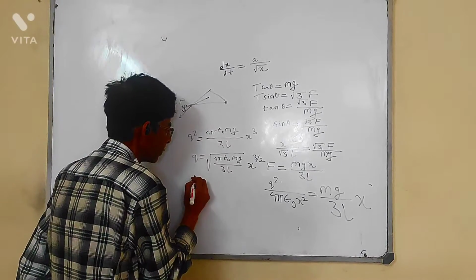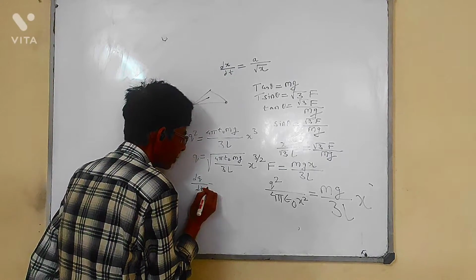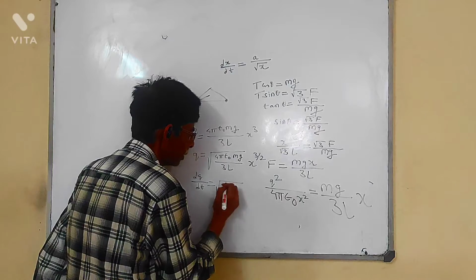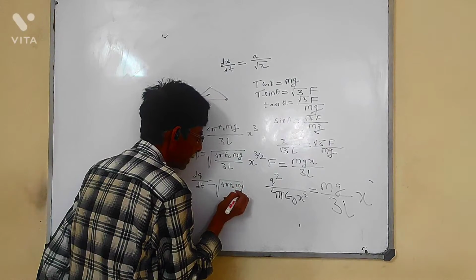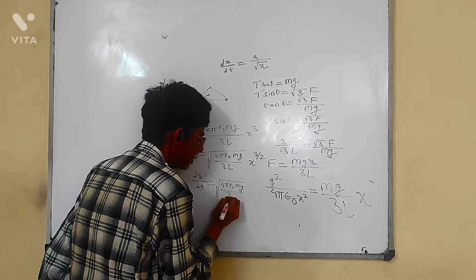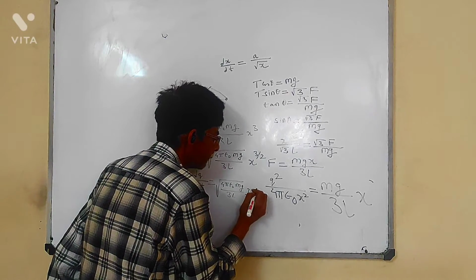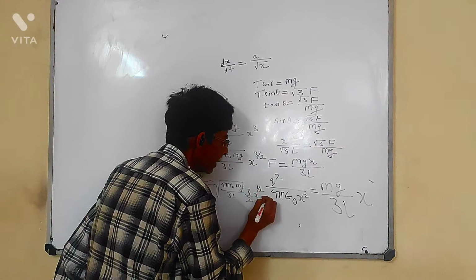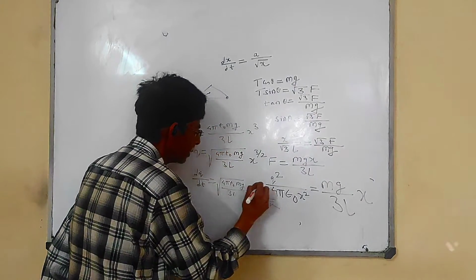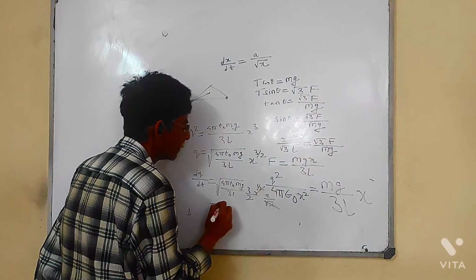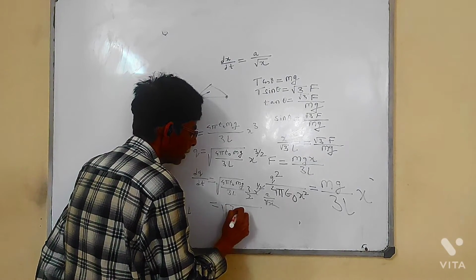So dq by dt equal to root 4 pi epsilon naught mg by 3L into 3 by 2 x to the power half into dx by dt, which is given by a by root x. So root x cancels out, 2 cancels out, so we have root 3 pi epsilon naught